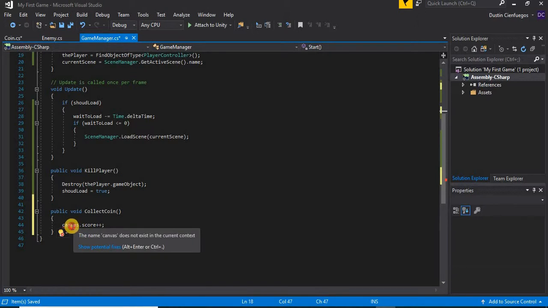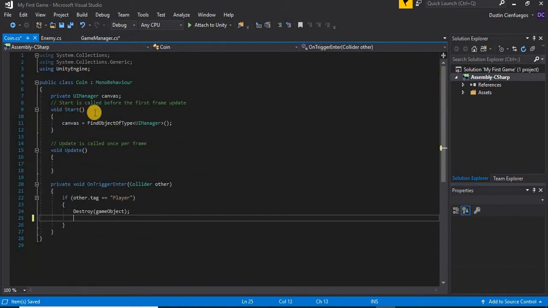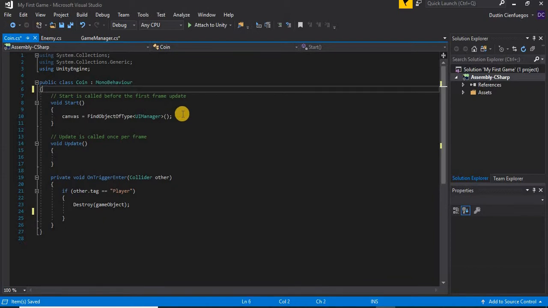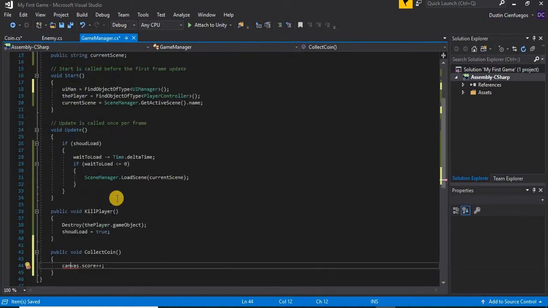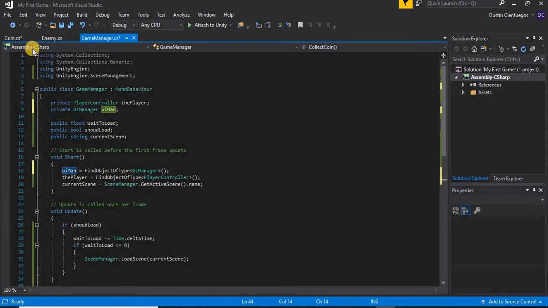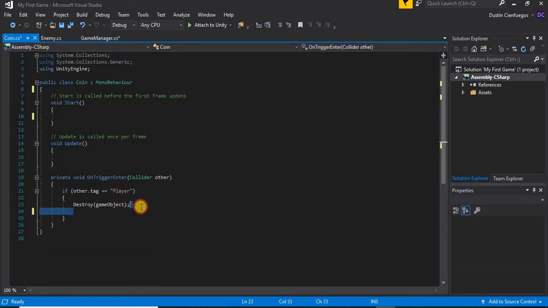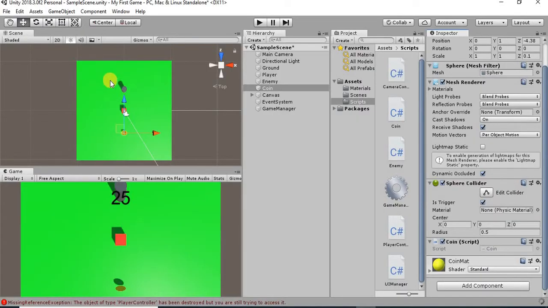So now we have a reference to our canvas, except in our coin script, we called it canvas as the UI manager instead. So we can actually get rid of this here because we're not calling that anymore. And we can get rid of this here. And on our game manager script, instead of canvas.score++, we can say UI manager or UI man.score++. Perfect. So now what do we want to do? That's all we really want to do here for our coin as well. So if we go ahead and save all of that, go back into Unity,